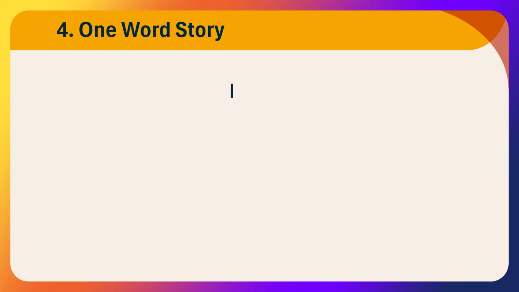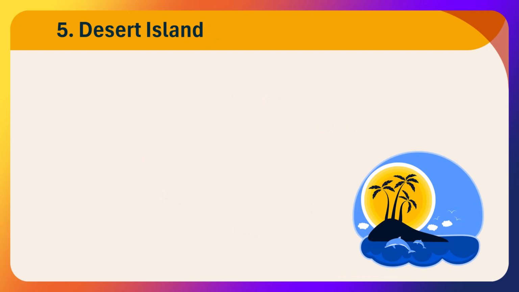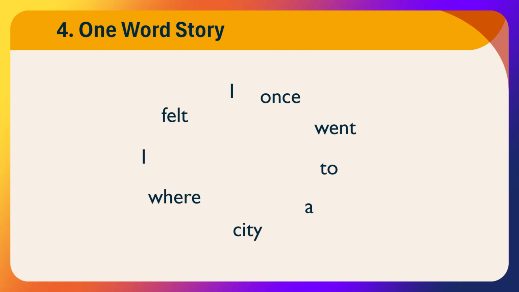Activity number 4. Now, this is a little bit harder to explain, but I'll do my best. Somebody is going to say one word, and then the next person in the group is going to say another word. So they're going to try and construct a sentence together. So I say the word I, then you might say once, the next person might say went, and so on. So to a city where I felt,